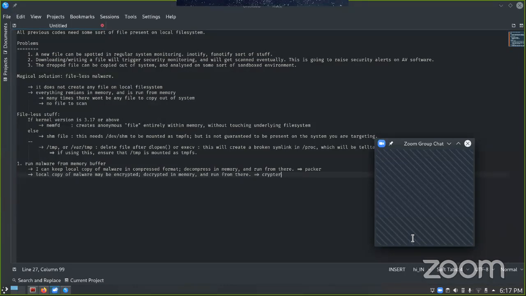So there are basically techniques where the malware does not decrypt itself completely. It will decrypt itself only part by part, and only those parts will be decrypted which actually need to run, and everything else will remain encrypted. And as soon as the decrypted part's job is done, the decrypted copy will be removed from memory again. So there are things like this which will make your life a little bit difficult,